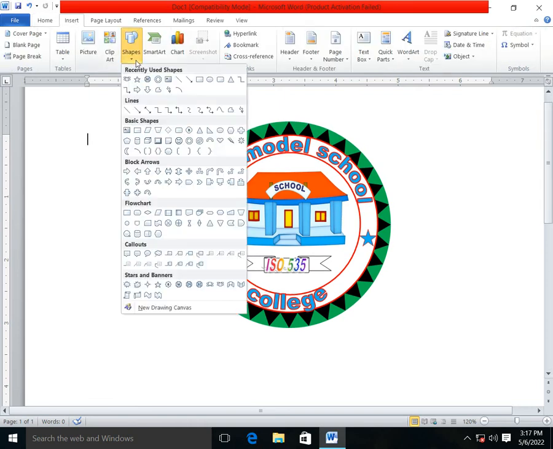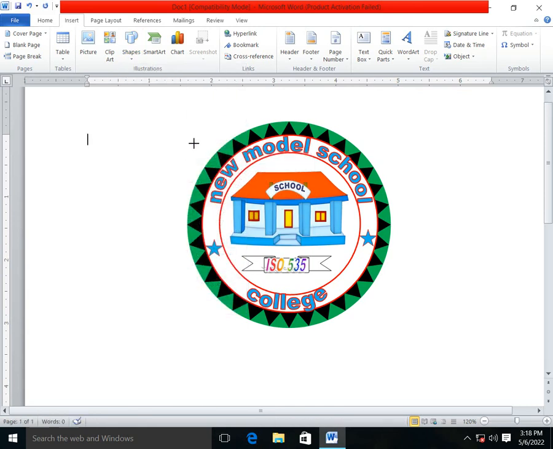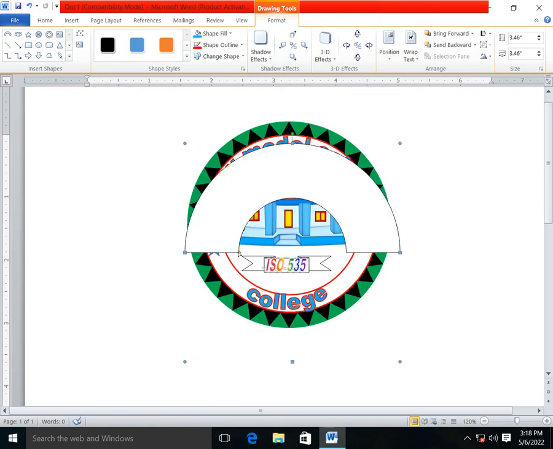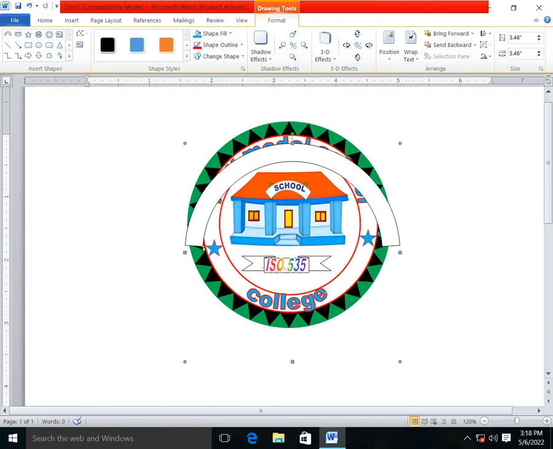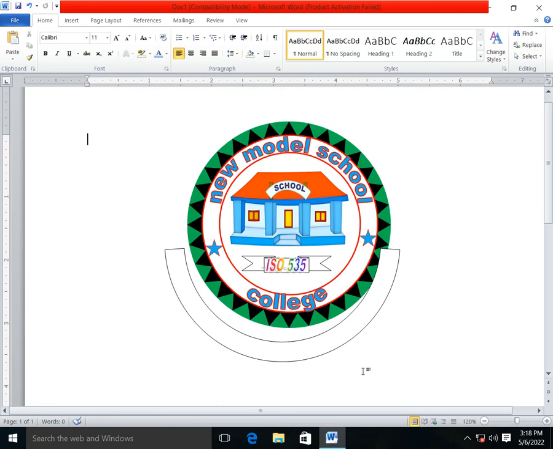Now I will go to Insert, click on Shapes, and I will select Block Arc from Basic Shapes, and I will put it with the help of the Shift key in such a way. After it I will decrease the width of this one, so you can see this. After it I will rotate it and select the color of this one and Shape Outline, color of this one and Shape Outline,